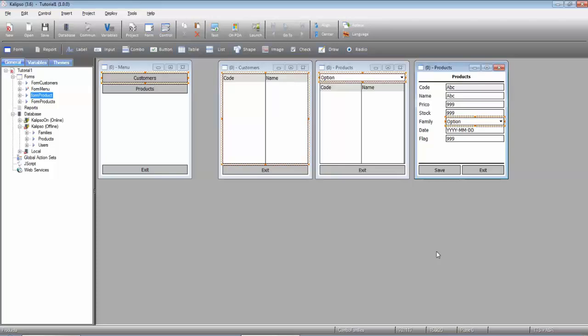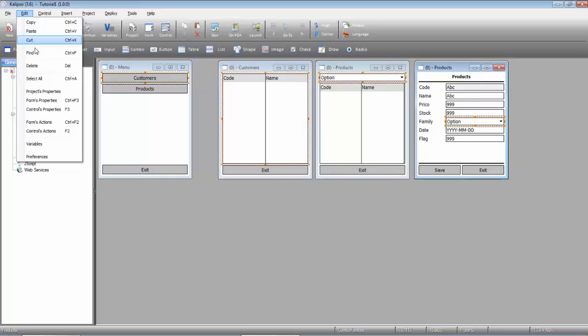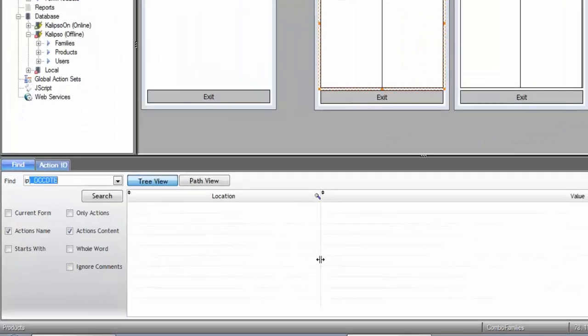And now remember that we've deleted a control and we have replaced it by another. What about the actions that were using the deleted control? Well, we can search for it. Edit, find, and we want to search for input family. I'll search only in the current form and only actions, and of course only actions content. There's no need for us to check input family in the actions name. Search,